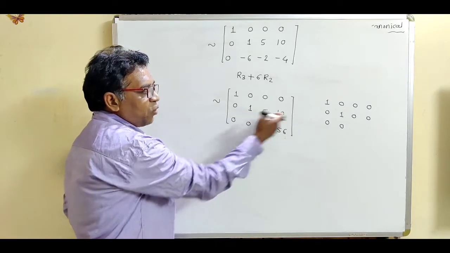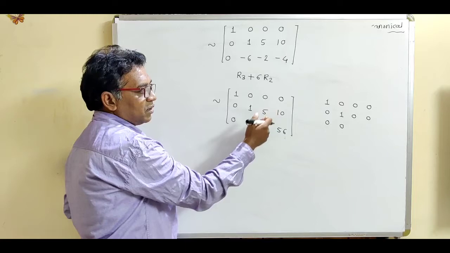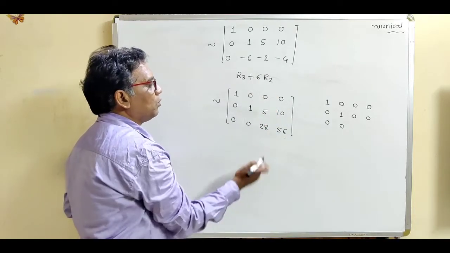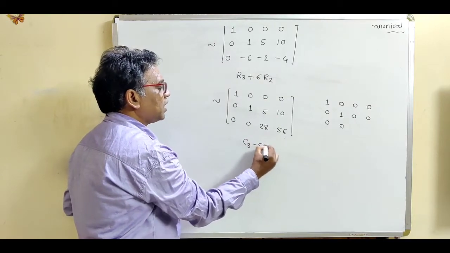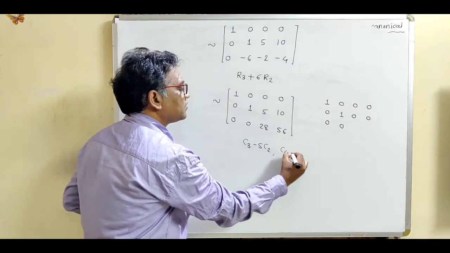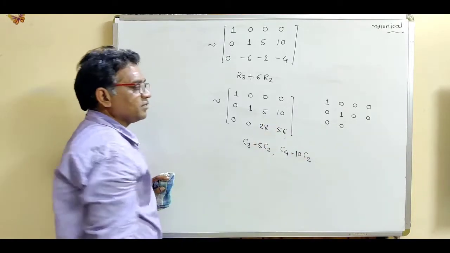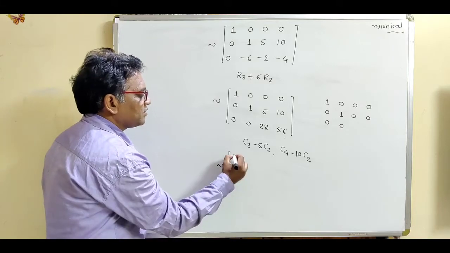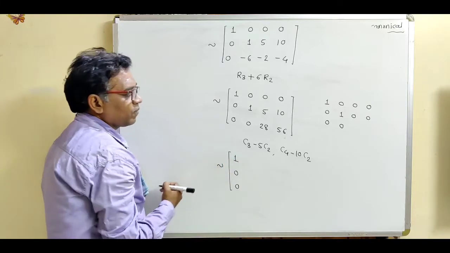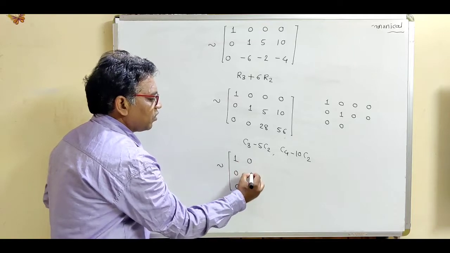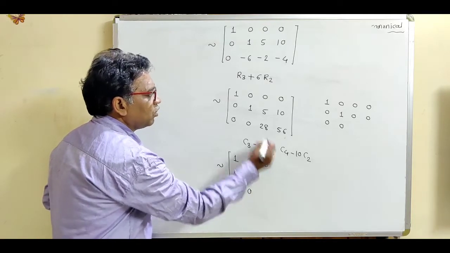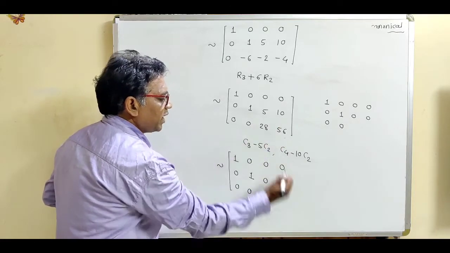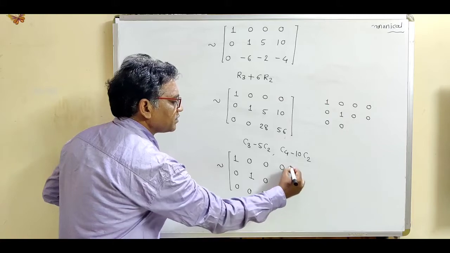Now by using this one, now make the corresponding row 0. Now for this side element, we use the column operation. So this is the third column position. So this is C3 minus 5 times C2 and C4 minus 10 times C2. So write down this equivalent matrix. This is 1, 0, 0. Write down this second column: 0, 1, 0. 0, 5 minus 5, this is 0, this 28 as it is. 0, 10 minus 10, this is 0, and this 56 as it is.